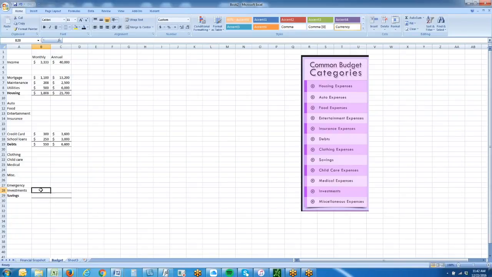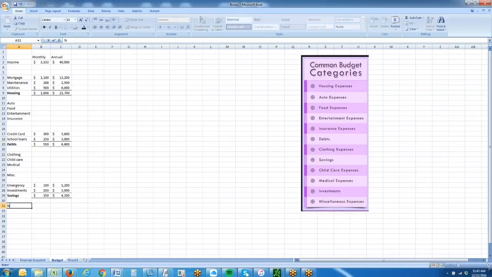But for savings, let's just say you want to save $250 a month, and that times 12, $3,000, and maybe you want to put $100 a month or more towards emergencies. So that's that. We're going to sum that up, and there it is. Okay. So from these different categories, what you want to do then is make sure that at the end of the month there's zero. So you want to net to zero,